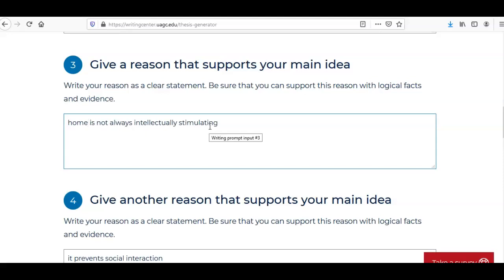So homeschool, let's put homeschoolers, let's see, homeschooled children score higher on standardized tests in core subjects.